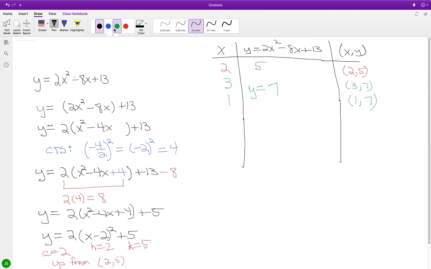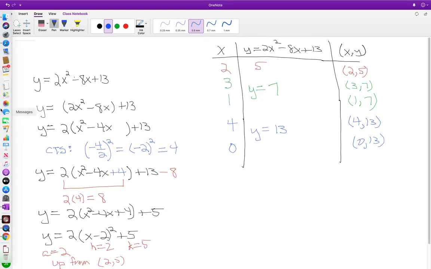And if I shift over this time 1 unit further to the right as well as 1 unit further to the left, okay, say for x is equal to 0, we got 0 minus 0 plus 13. And if I had x equal to 4, I would have the same y value. So I'm going to have 4, 13, and 0, 13. And so just plotting these points,